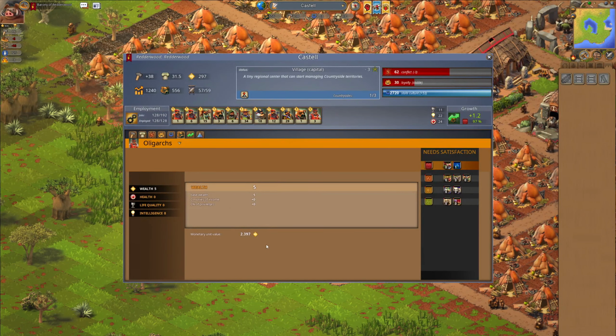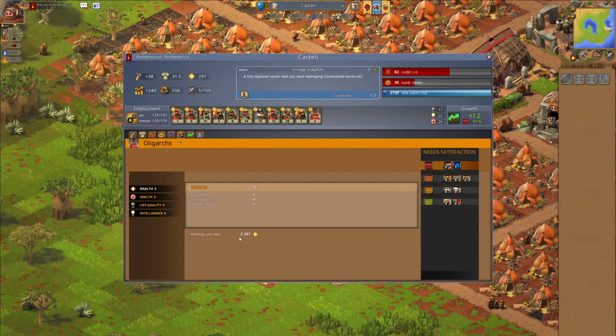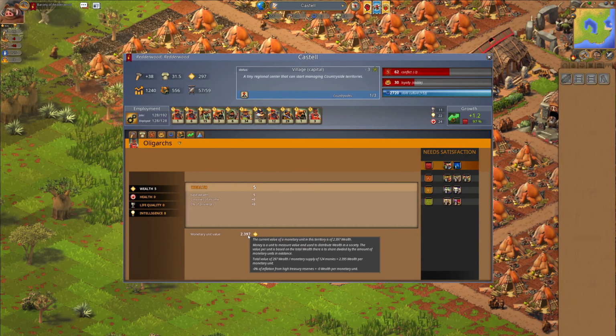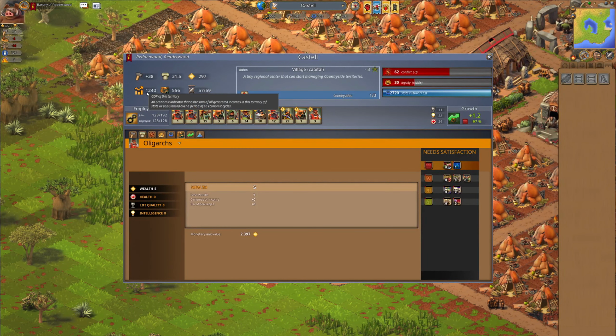This is when the more economic side of the game shows. The monetary unit value here is the value that 1 coin has. So what it's saying is the wealth of your territory, which is the aggregate of all the different services and industry you create, generates wealth, and that is that total here. And then that total is compared to how many coins circulate per tick in your economy, and that gives you